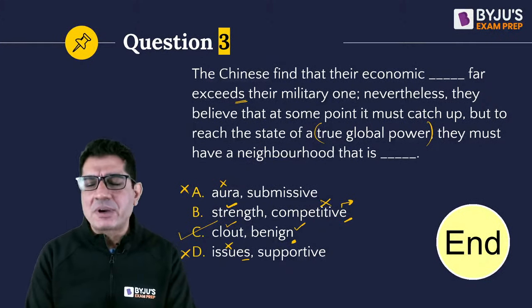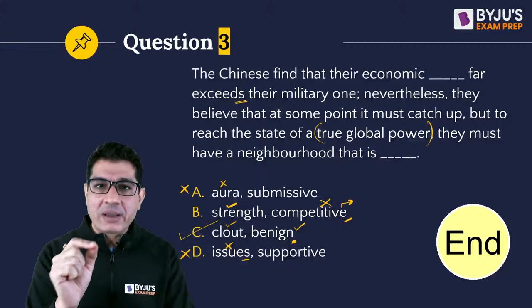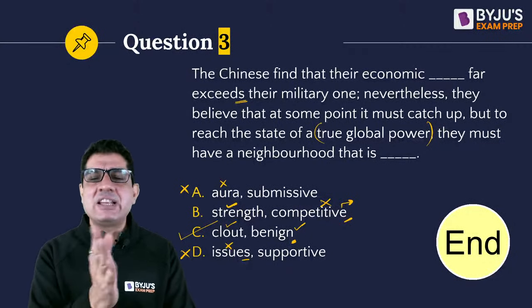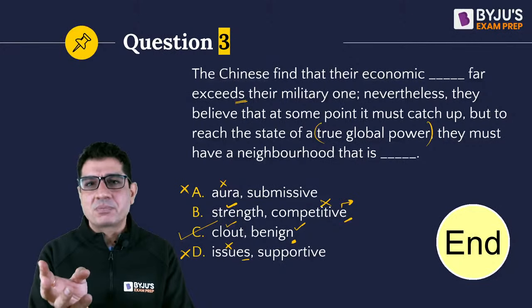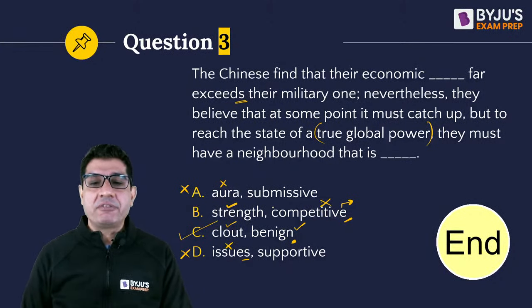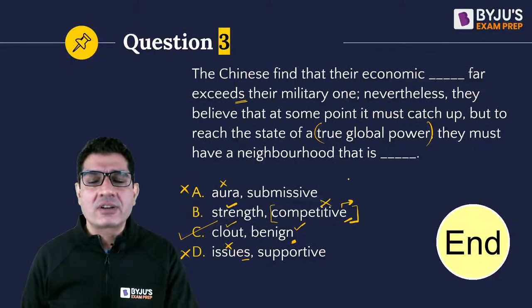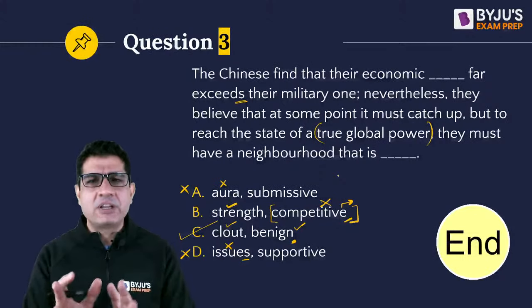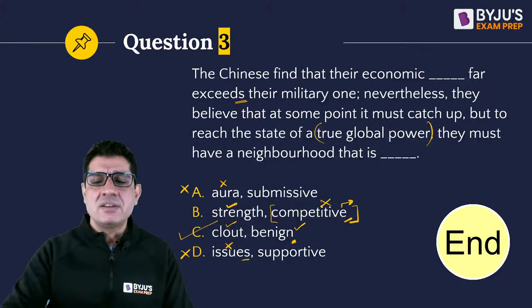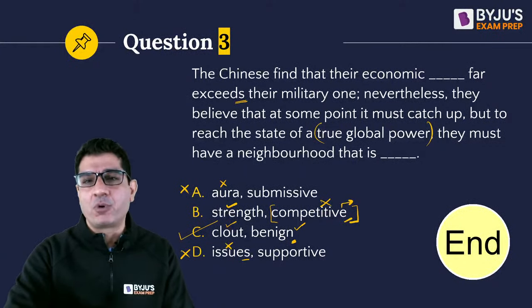So Muskan, it's actually pretty straightforward. You read the sentence first up, then you take it blank by blank and then eliminate. So it's partly vocabulary, partly reasoning. If you're able to combine these two things, I'm sure you'd be able to pick up the right answer. In fact, look at option B. We've eliminated option B purely on the basis of reasoning. You notice competitive as an idea does not go with contributing towards a country becoming a true global power, the neighborhood being competitive. Right? And that is why C. So this discussion should hopefully give you pointers towards the right approach for these questions.